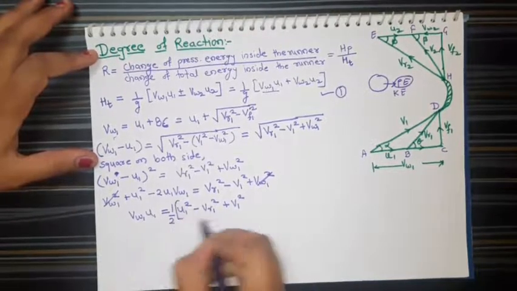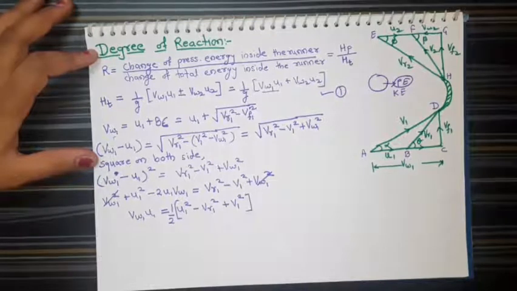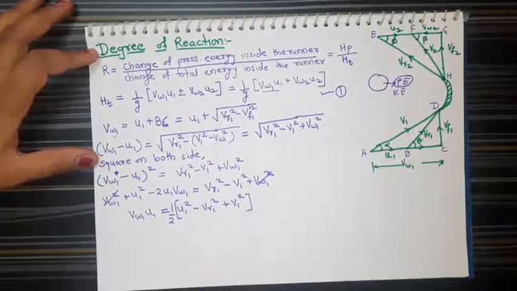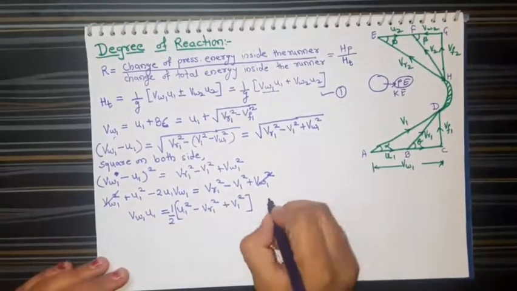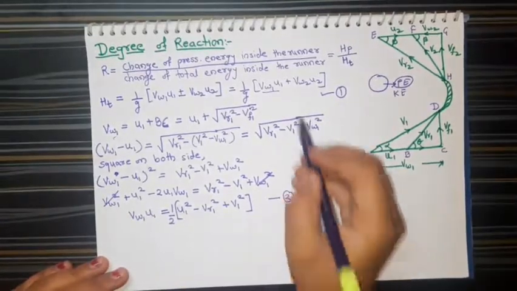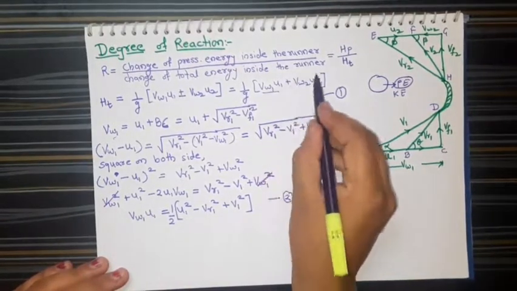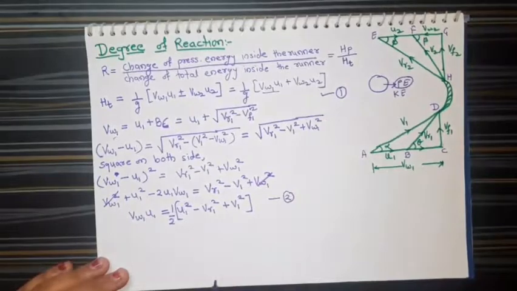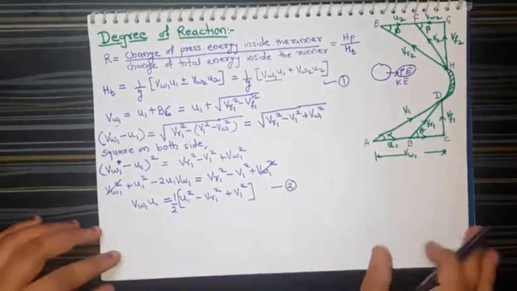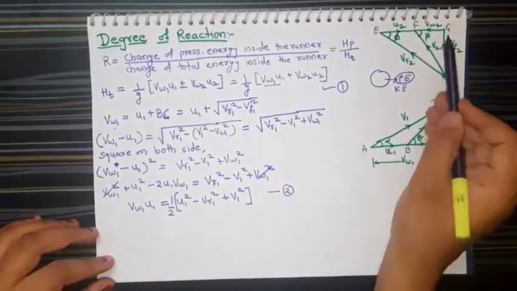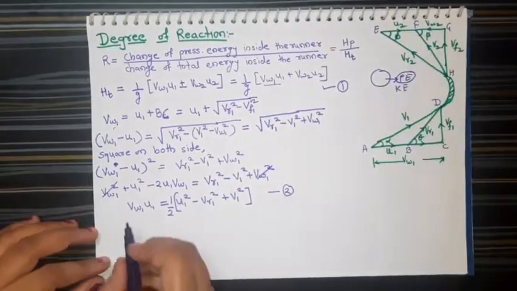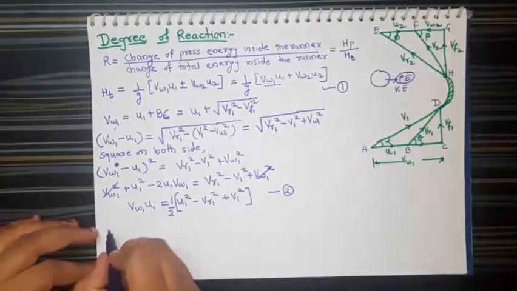by 2. So this is the value for VW1 U1. Let's search for VW2 U2 again. For that, let's observe the outlet velocity triangle. So from that we can write